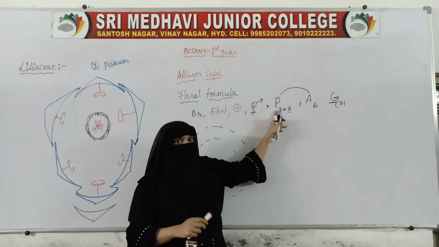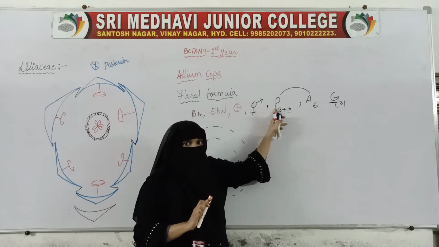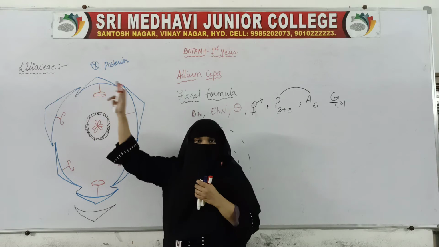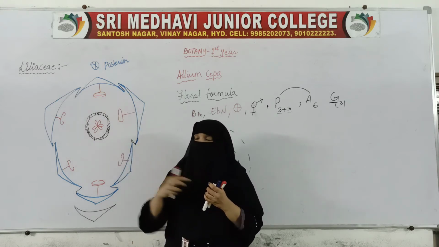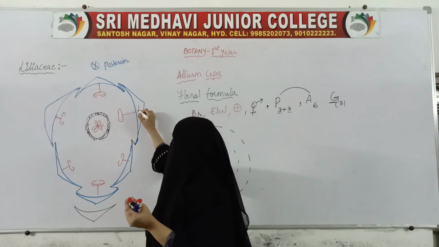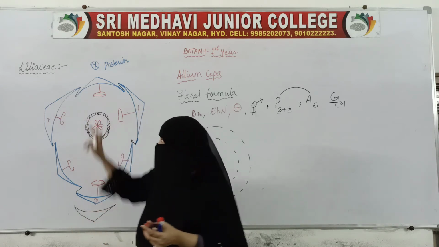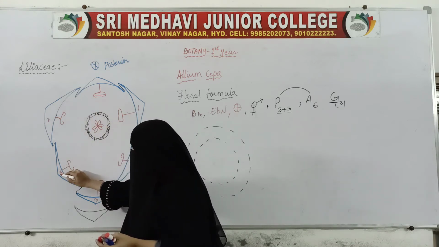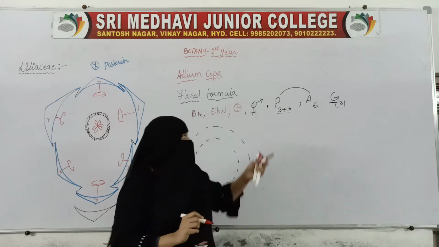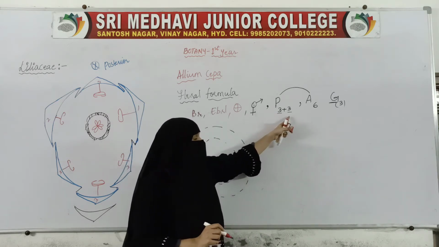Then we have perianth, that is, no separate calyx and corolla is there. So that is why we have written perianth, and perianth is in 2 rows. In the outer row, 3 tepals are outside: 1, 2 and 3. These 3 are outside, and these 3 are 1, 2, 3. These 3 are inside. So outside and inside, and each is 3.